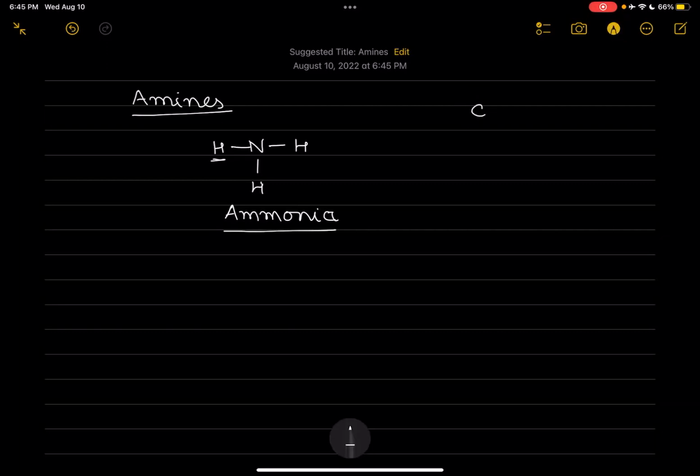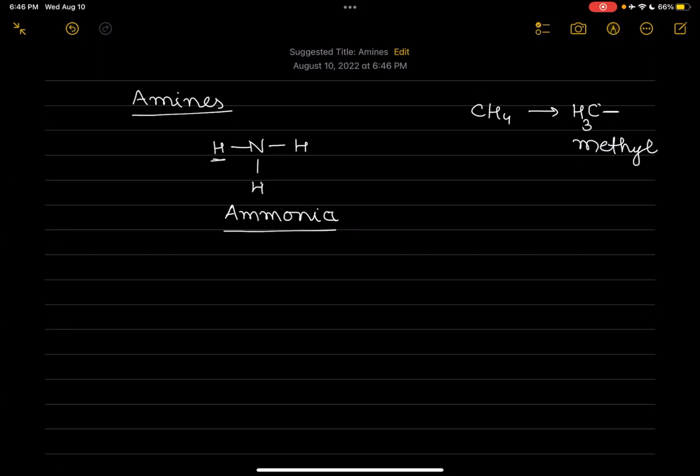Methane is CH4. If you need to connect it to nitrogen, this is an alkane, you need to remove one hydrogen in order to make a bond free, so that you can connect this carbon to nitrogen. Is it clear? So this is methyl